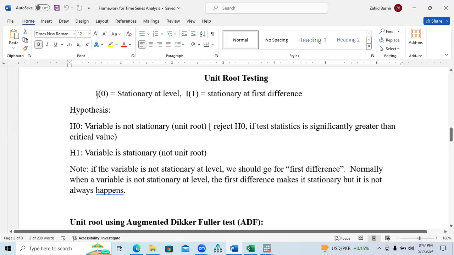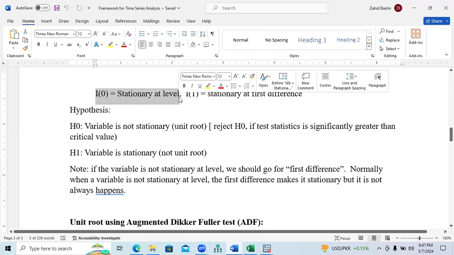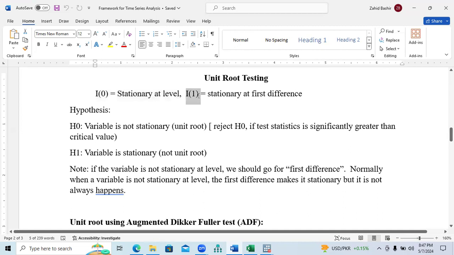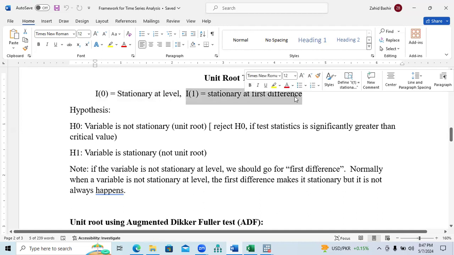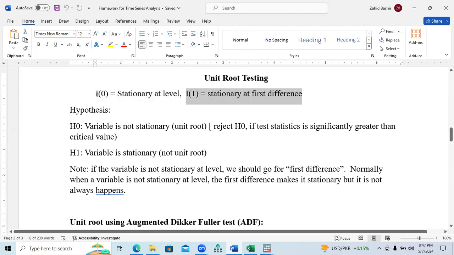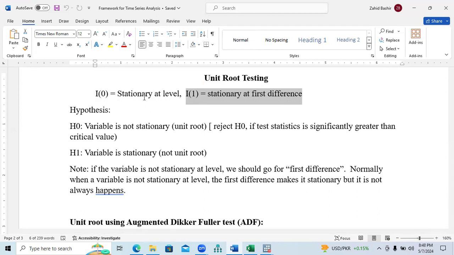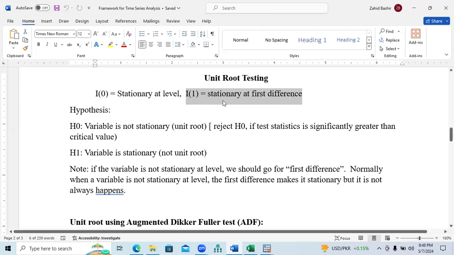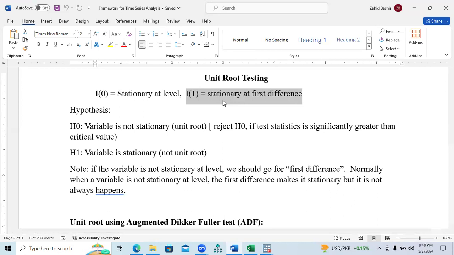So always remember I0 means that the variable is stationary at level, while I1 means stationary at first difference. So whenever I write I0, it means stationary at level, and I1 means stationary at first difference. Sometimes some of the variables are not stationary at level, so we need to create the first difference, and we need to see whether they are stationary at